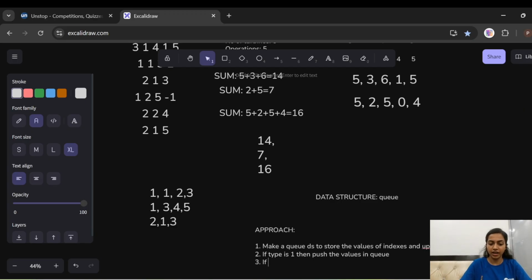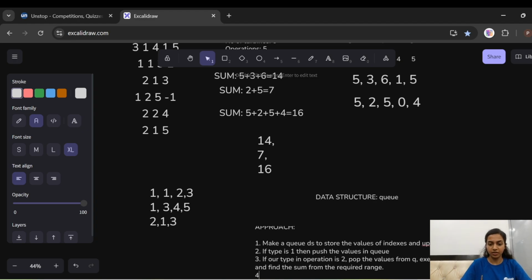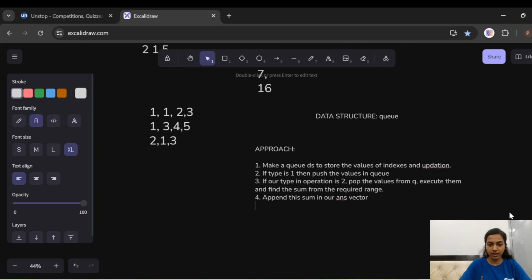Else, if our type in operation is 2, then pop the values from the queue, execute them, and after that find the sum from the required range, and append this sum in our answer vector, and at the end we just have to return this answer vector.